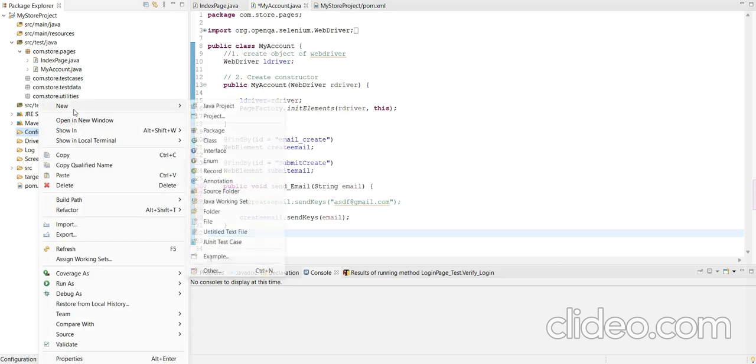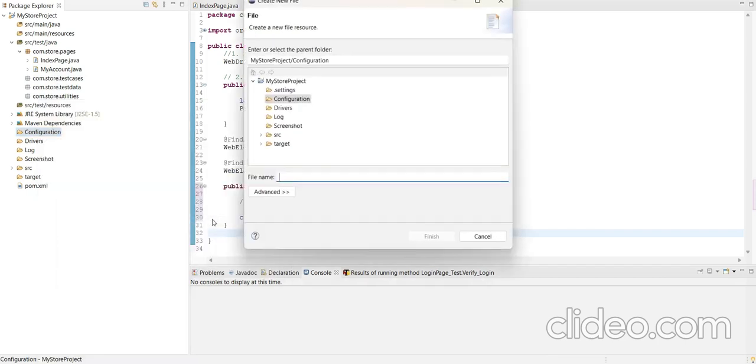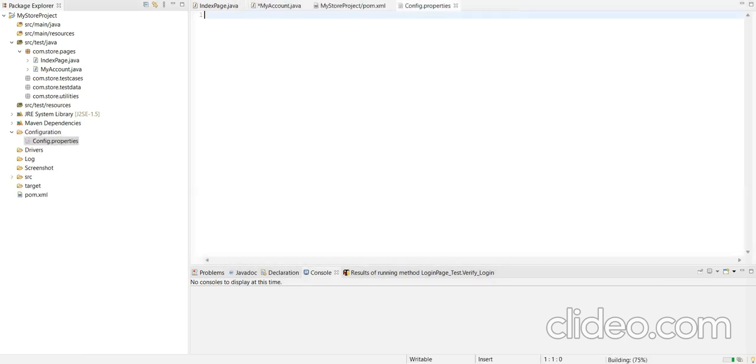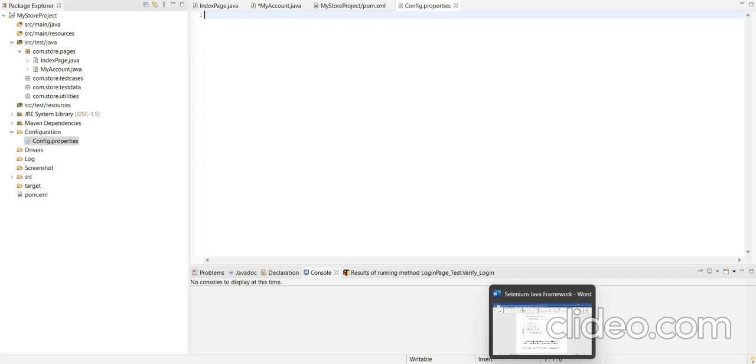So on right click of this folder, here we will create config.properties. After creating this file, here we save our login ID, login password, and the application URL.